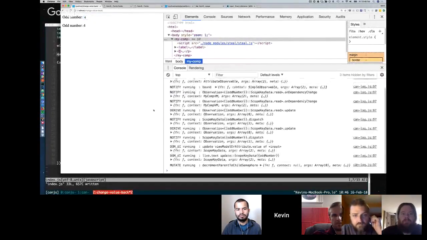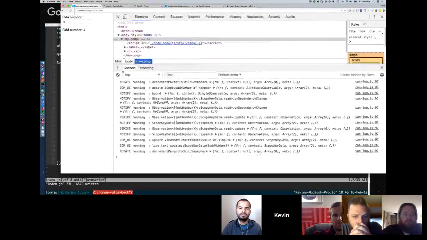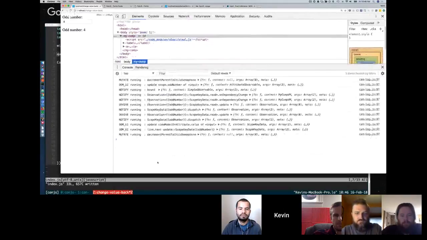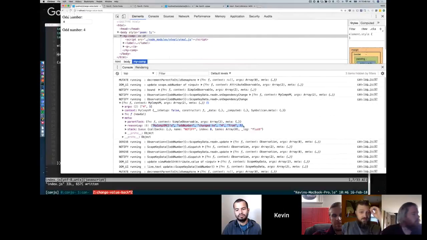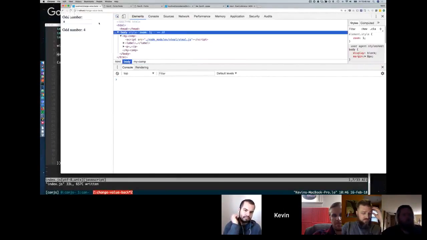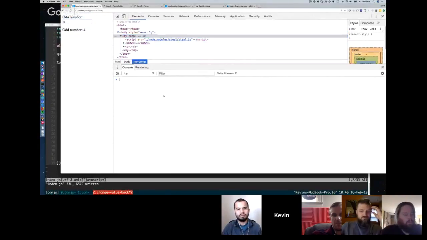And if we make the same change now, we get all of these different things that happen. Just a little bit smaller. And going through all of these, the one that's interesting is this one that says my comps VM's odd number changed to 4 from 5. So the next thing that I would do if I were debugging this again is